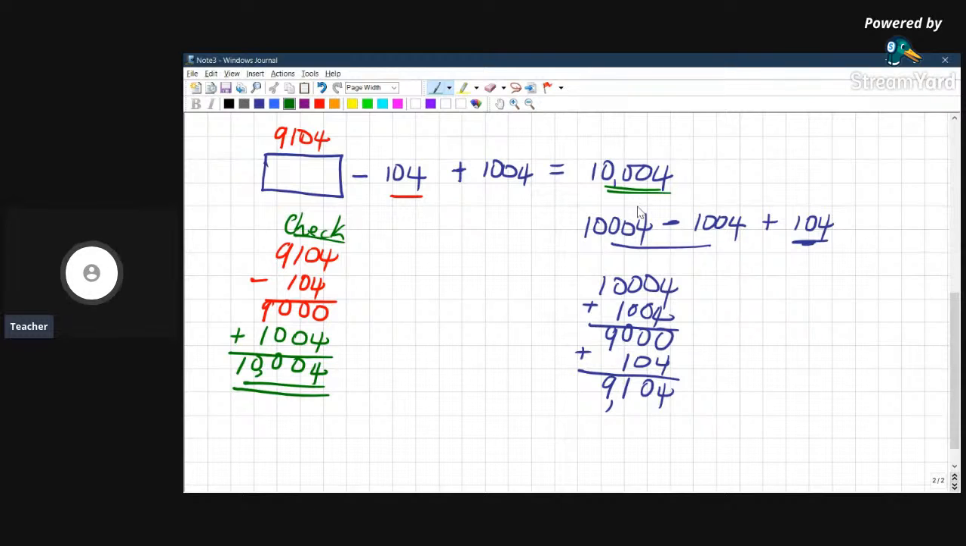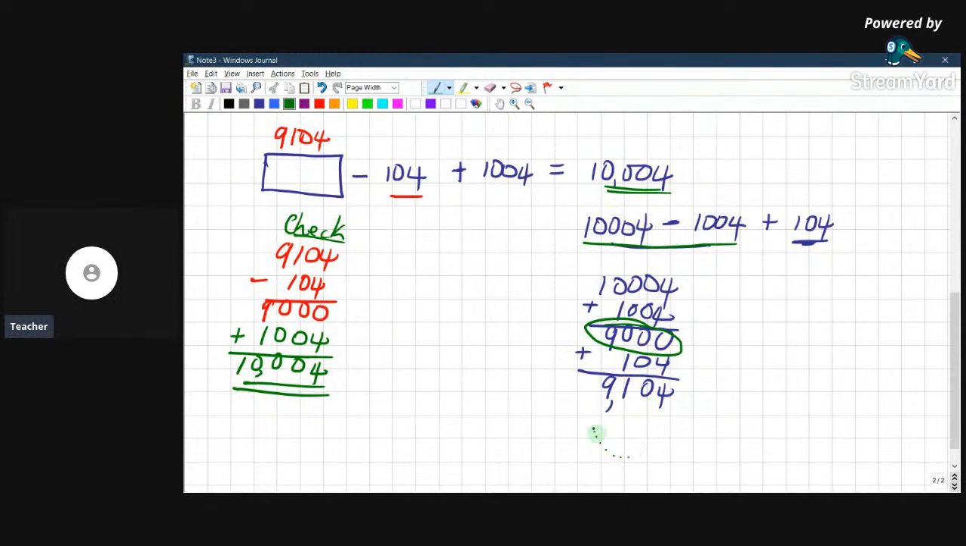How did we solve it? We said, okay, if we wanted to find what this number, the unknown, is, I first took away the 1,004, and that's this section here, did this part first, and then I got 9,000. Then I would add, because remember I'm going over the equal sign, so I'm going to do the opposite. I'm going to change the sign. So I would add the 104 to the 9,000, getting